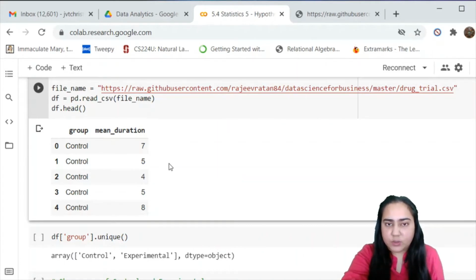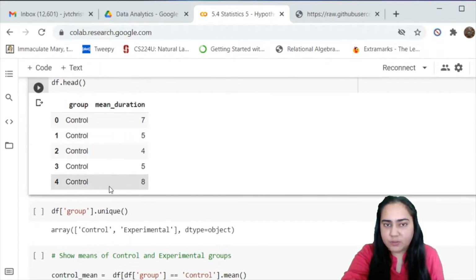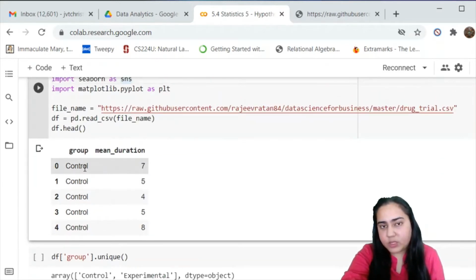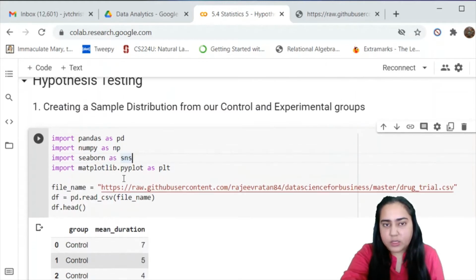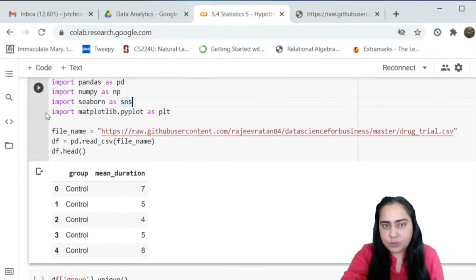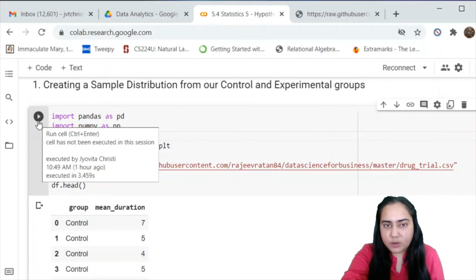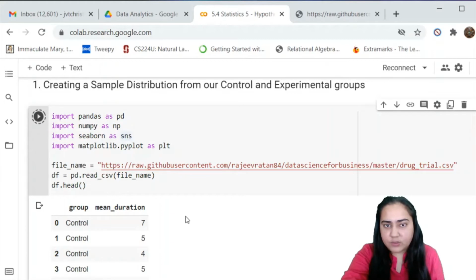And then when we do df.head, we can see a couple of things which are present currently in our file. We can see that these are the groups and these are the mean durations. You can see the first 5. And let me run this code for you. When you want to run the code, you just type the code and press play, or the run cell button which you can see here. And if you do that,